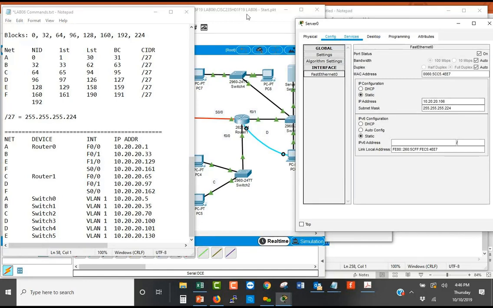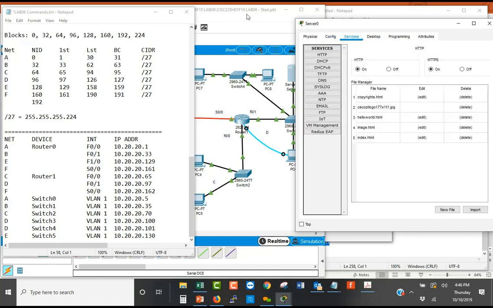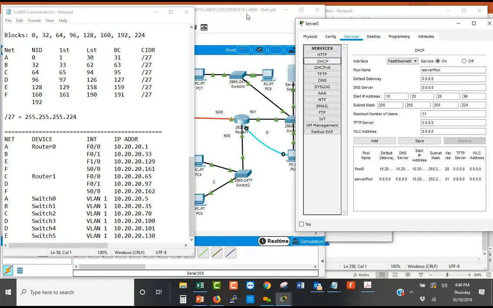I then go into services and go down to DHCP here, and I've got two pools. This pool is the default pool. We're not even using it. In fact, just to make sure that it does not get used,